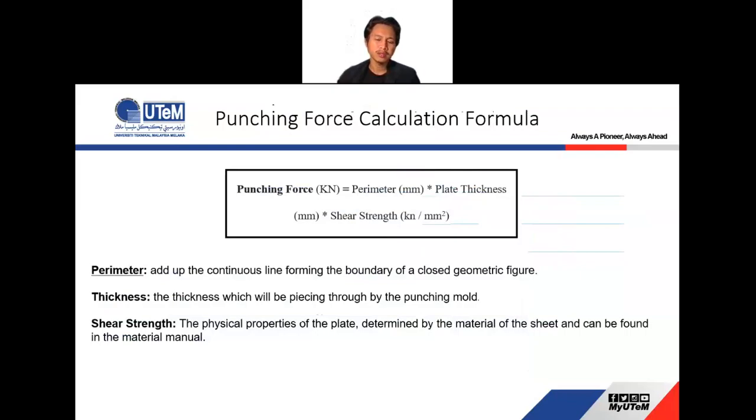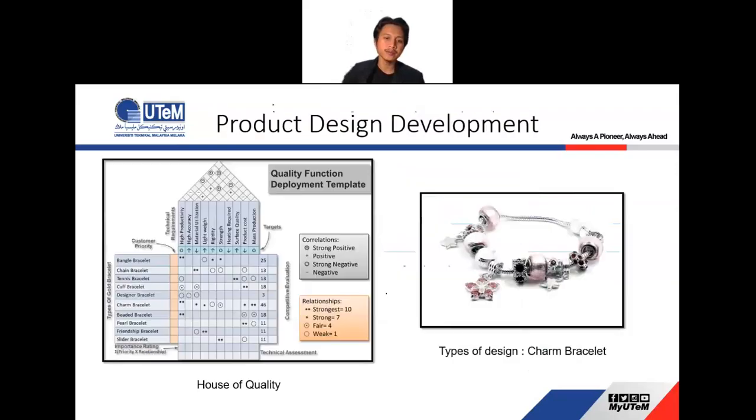Okay, next, when we produce the stamping die, we need to know the punching force to produce the product itself. So this is the punching force calculation formula that we need to include, which is the perimeter, the thickness, and we also need to know the shear strength of the material that we use. Okay, so for the product design development,